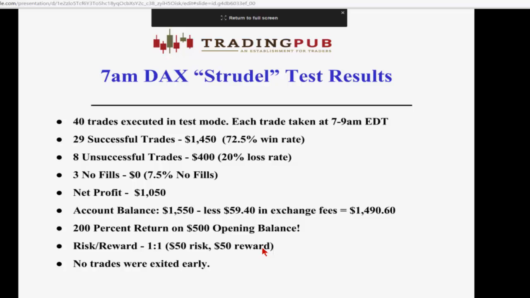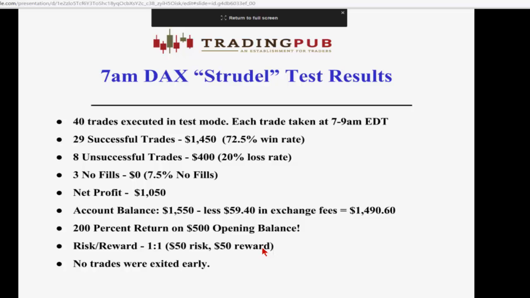I can tell you in the start of this year, this strategy is working almost too good. The marketplace is trending, the 7 a.m. bar is really controlling the 8 a.m. bar. I'm not seeing the retracement that I'm looking for to get a 50 risk to 50 reward trade. So I'm rethinking this a little bit, but